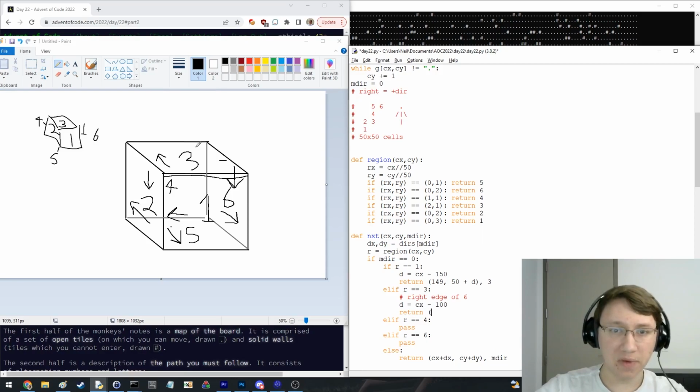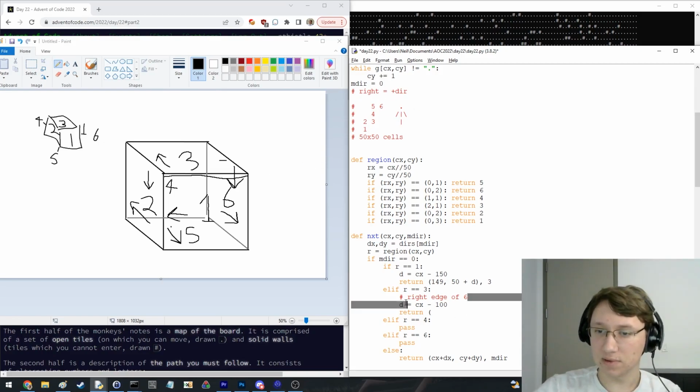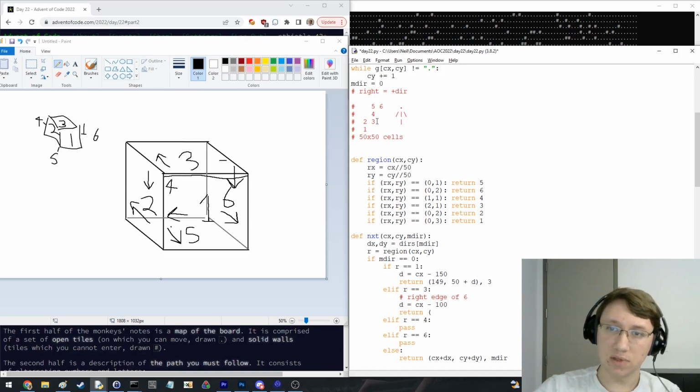Okay, the closer to the top of the 3, the closer we end up to the bottom of 6. So remember, we're ending up on the right edge of 6. Yep. And closer to the top of 3 is the bottom of 6. Okay, so it's going to be